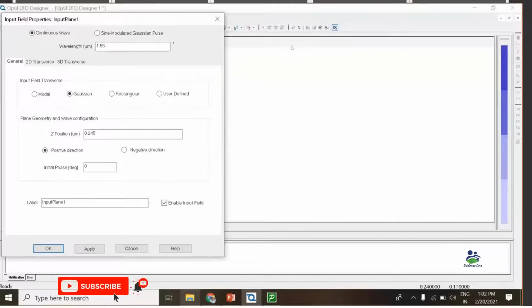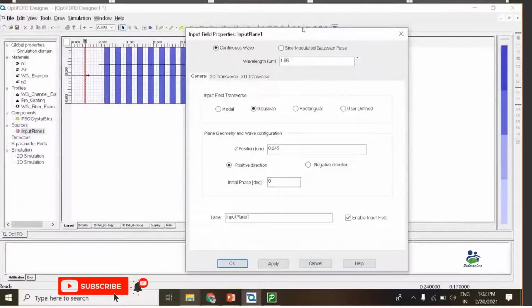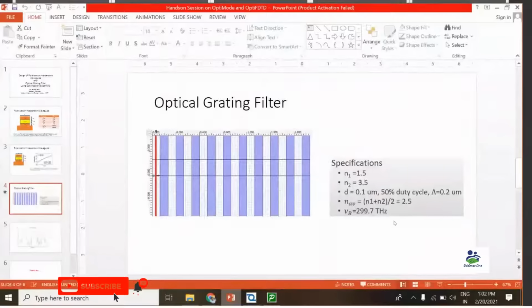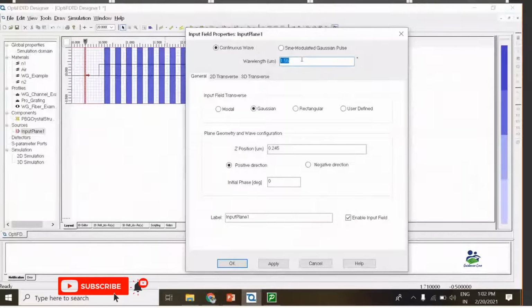So first I am selecting the properties of an input plane. In this input plane what we require is the continuous wave, okay. And since I have already told you that I got a band at around 300 terahertz, making the wavelength 0.15 micron gives a center frequency of around 600 terahertz.